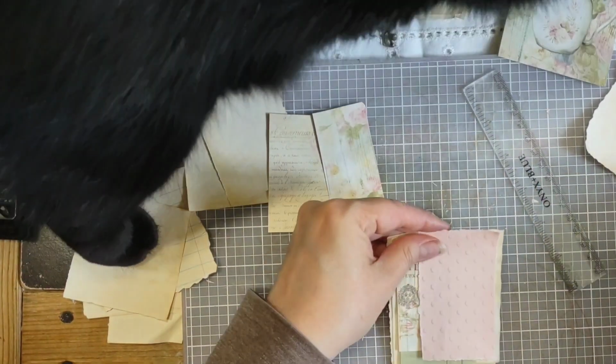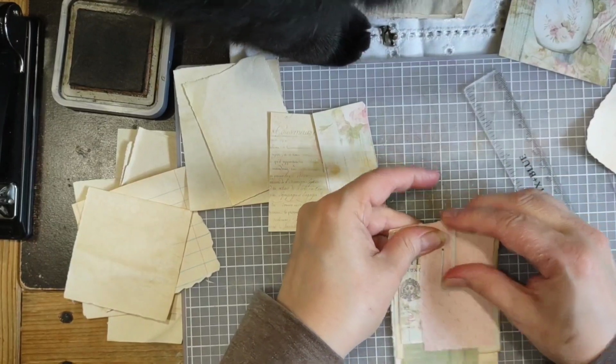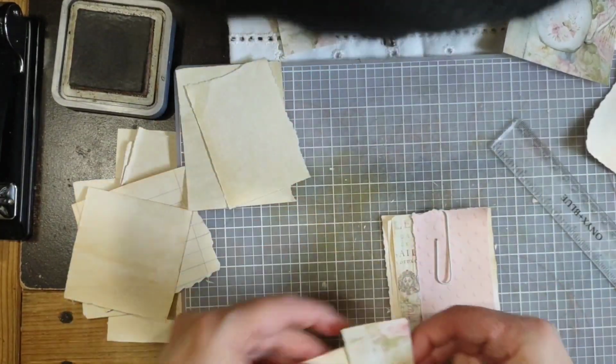Sometimes what I do with this too is, because I have my papers lined up, I'll kind of do that till I...